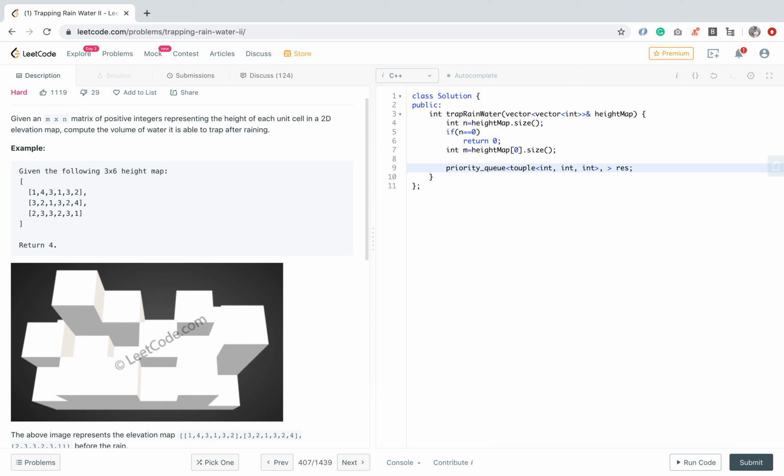As we need a min heap, we also need our own comparator to show which tuple should be in low priority and which in high priority. So we have to do that. This is the syntax of the priority queue.